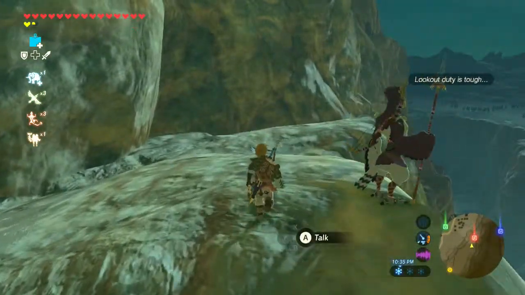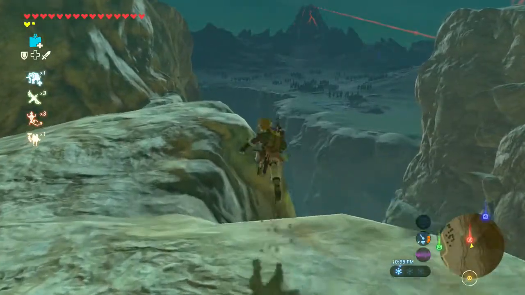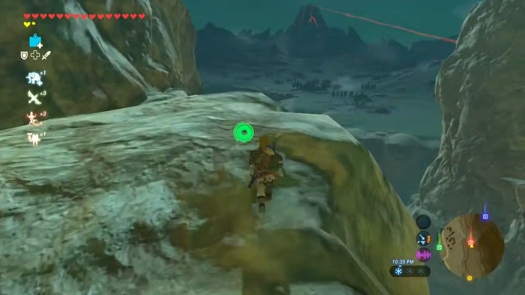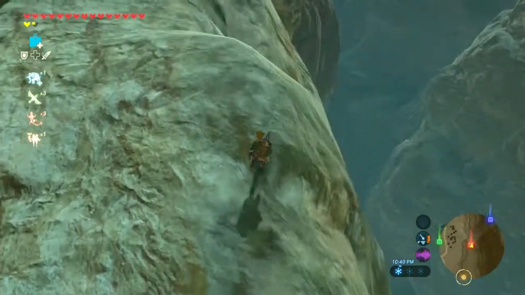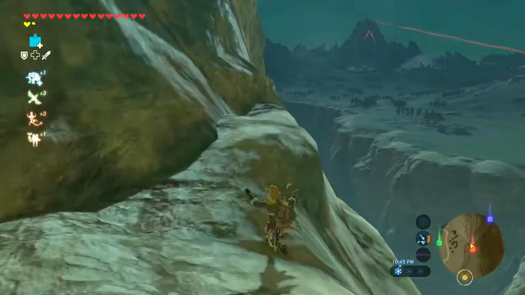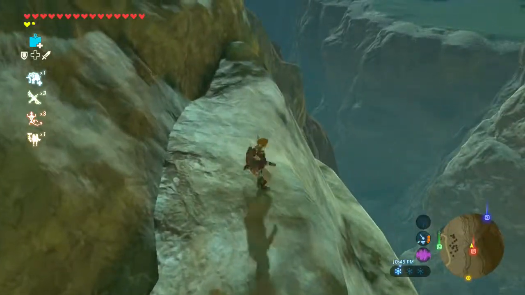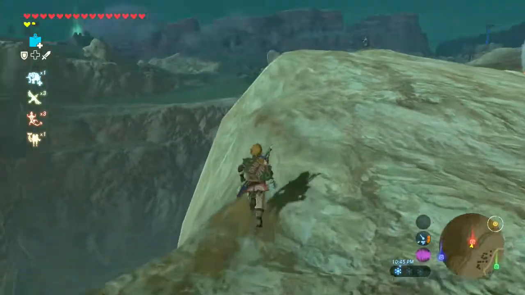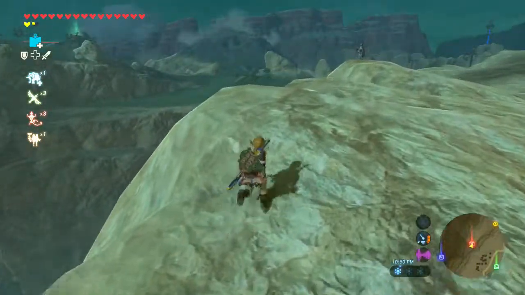I'd recommend using it, especially if you're going for 100%, which I'm never going to do, so I don't think I'm ever going to need a reason to actually use Zelda Maps. But it's just a cool thing. It's a cool concept. It's like Google Maps, again, but with the Legend of Zelda Breath of the Wild map. It's sweet. It's so cool.